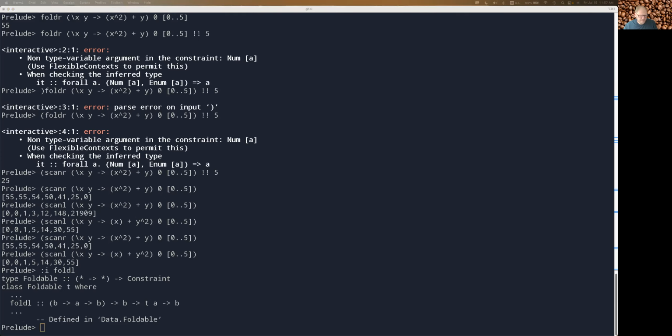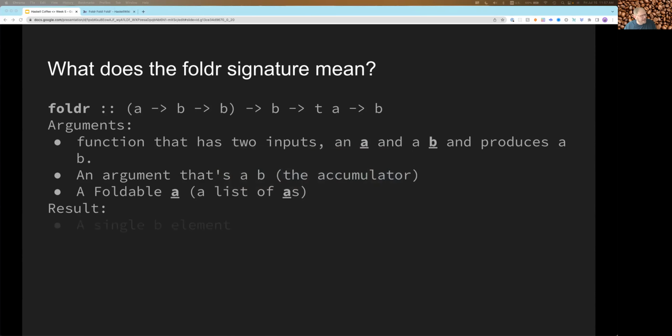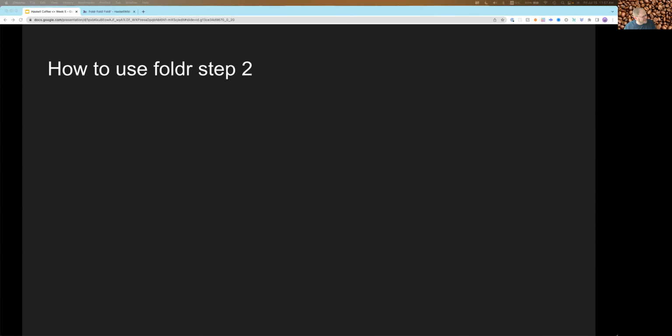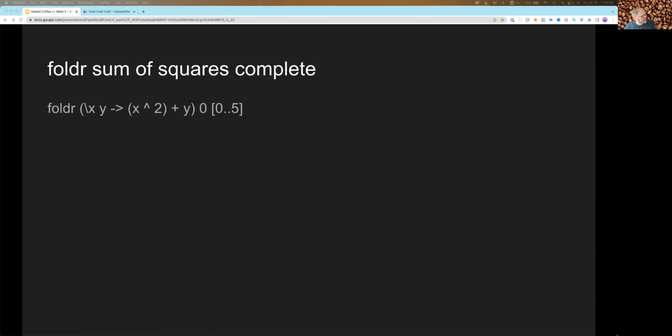And so that sum of squares that we defined earlier was much easier in this foldr than it was in the sum of squares function that I wrote out. You can do the sum of squares